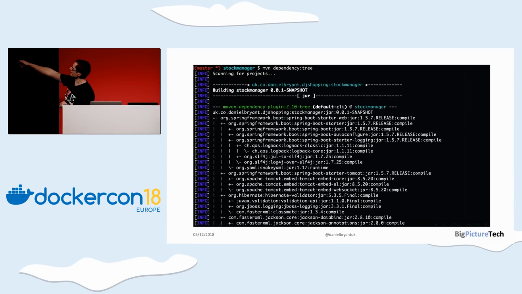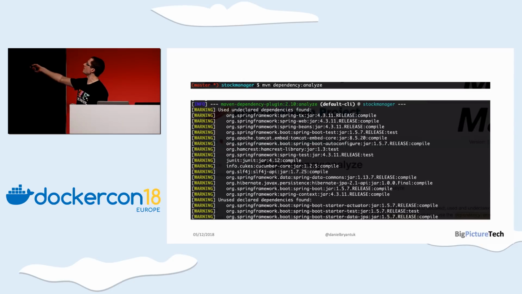So I'm using a command here, Maven dependency tree. It basically lists out all the dependencies and transitive dependencies. It's very tempting. I love Spring. Spring is a fantastic framework, but it brings in a whole lot of stuff which can really bloat your jar. On that note, Maven dependency analyze will tell you all the dependencies you're not using, but you are including